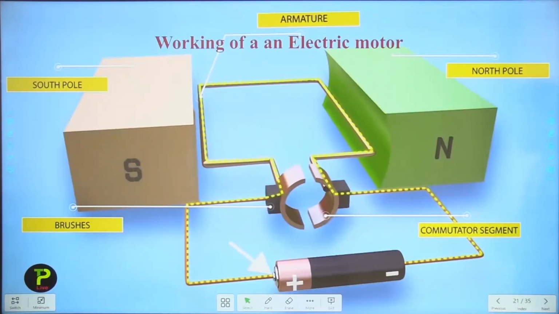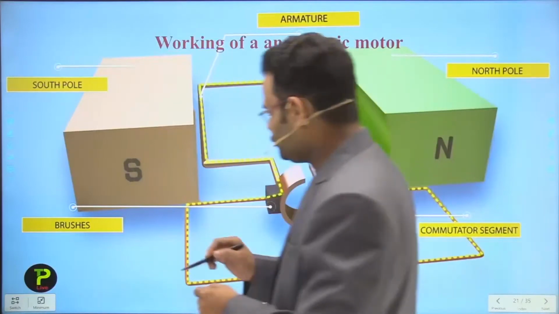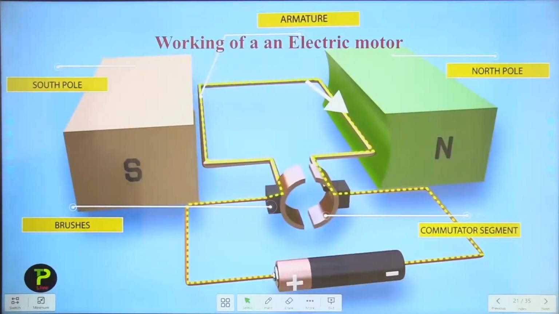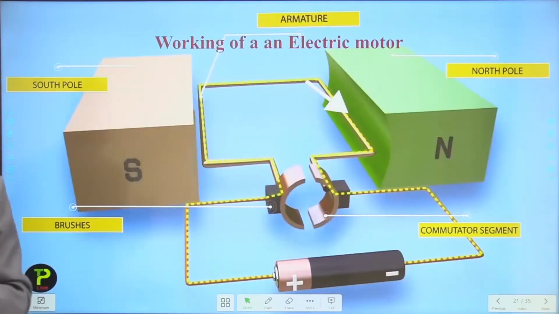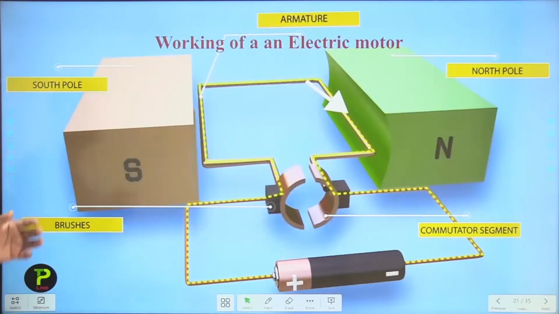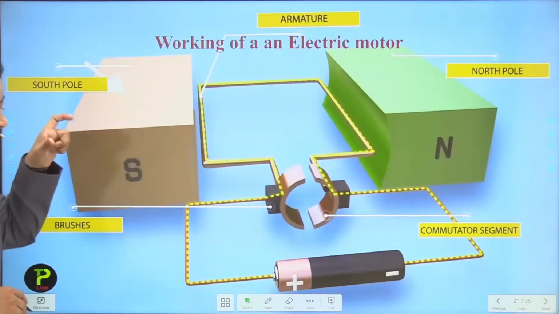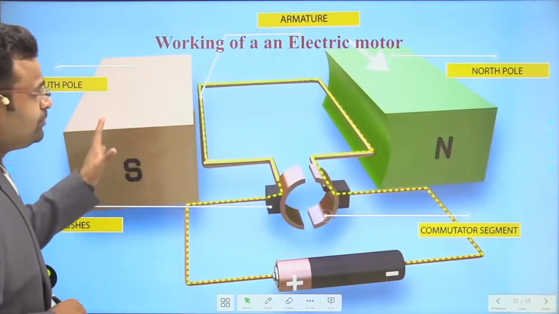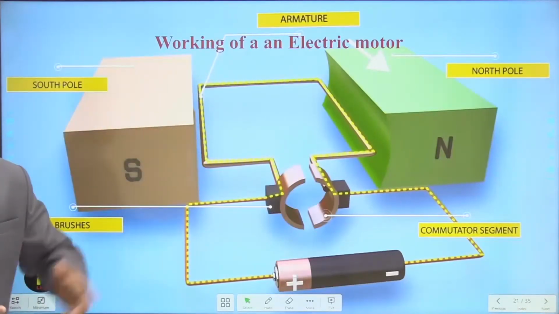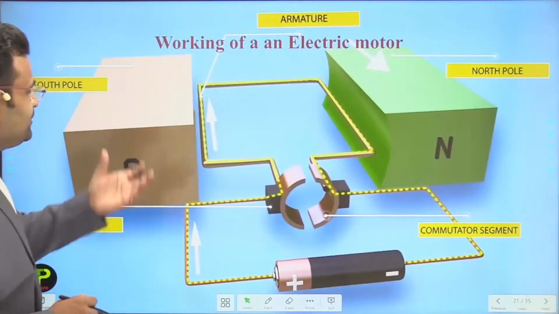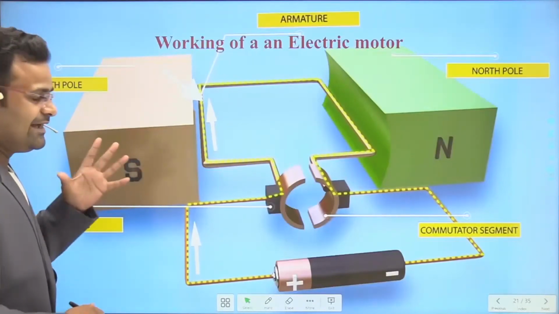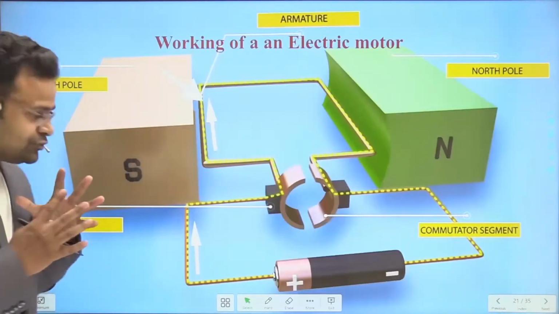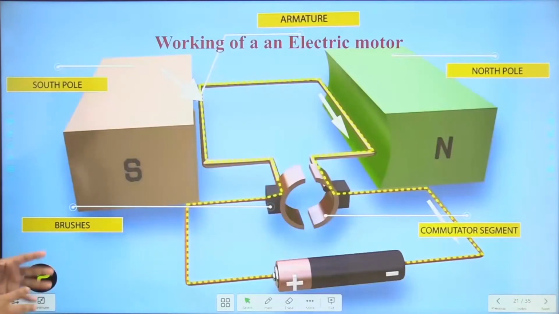The current is moving continuously. The minus sign represents the current direction; the blue line shows the passing of the current. When the current is passing through a conducting wire and it is placed in a magnetic field, it experiences a force, and that time a force is produced. Let's see, guys, continuously we are showing how the force works.